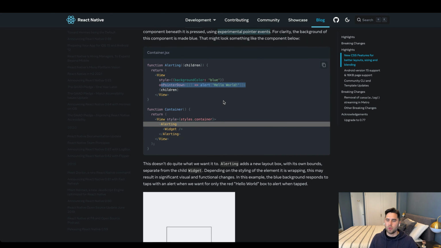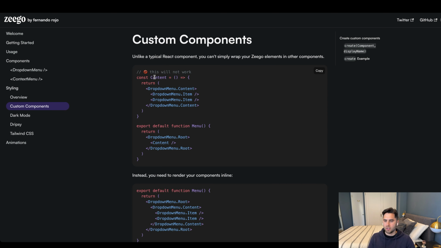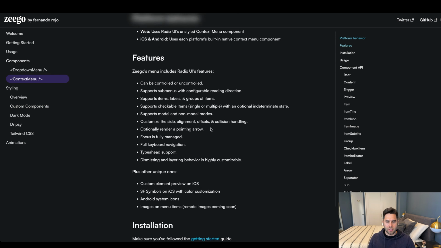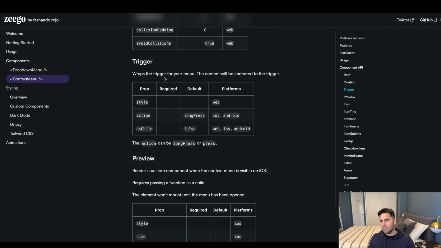All right, so naturally what you might be thinking here is, I might want to have this on pointer down functionality, but I don't actually want it to affect the children. And this is actually really relevant for me when I'm building Zigo. If you haven't seen Zigo before, it's a context and drop-down menu component. And so Zigo has this component, which is the trigger. And it makes sense in some ways for the trigger to apply styles to the child, but in other ways,